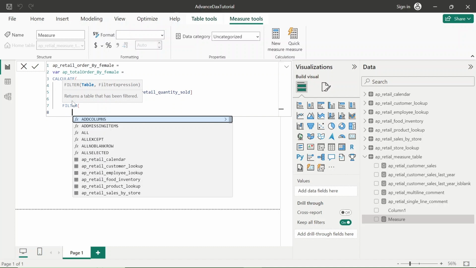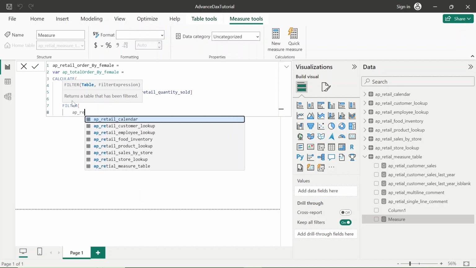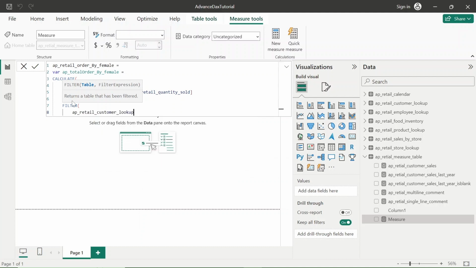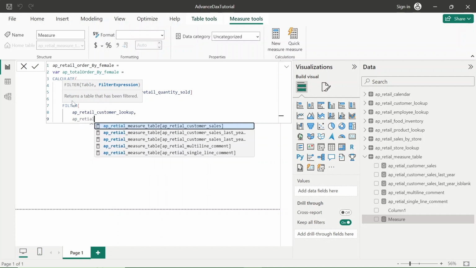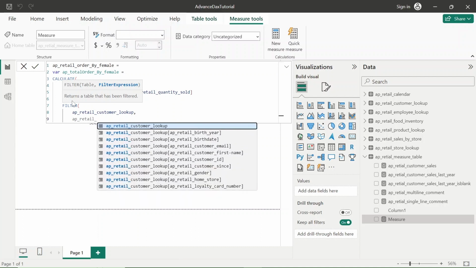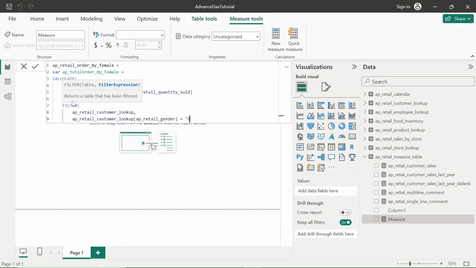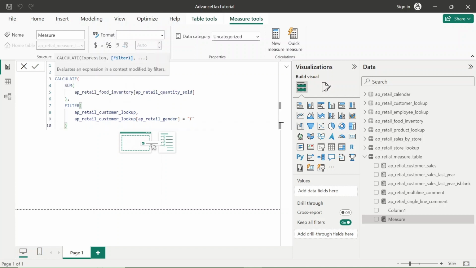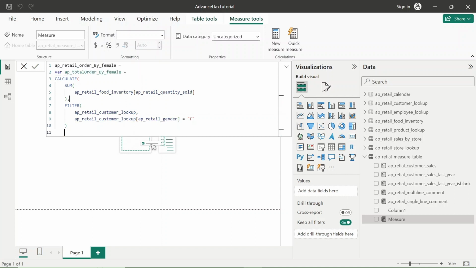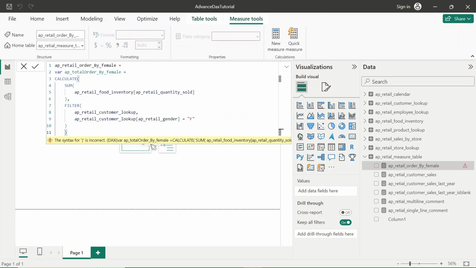We are filtering based on the customer lookup table, AP retail customer lookup, and we are looking up AP retail customer lookup gender, and the gender would be F. Okay, it is saying that it has some error. Okay, now